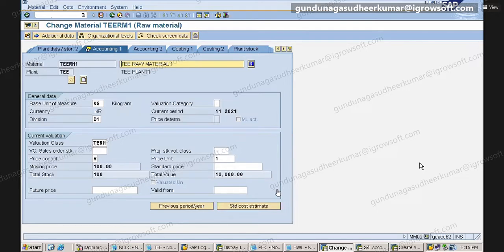Now here you see what is the stock today? Previously it was 0, right? Now it is 100 kg stock. What is the value of it? 10,000.